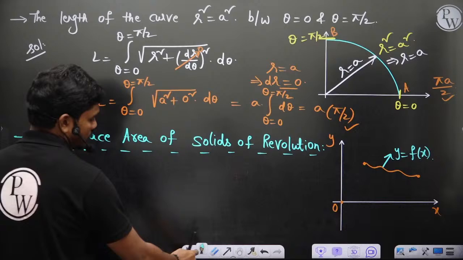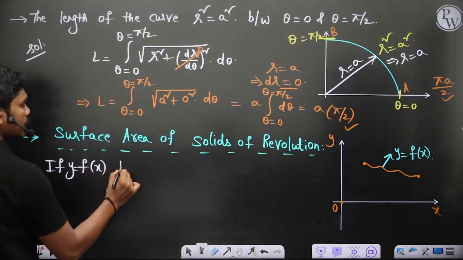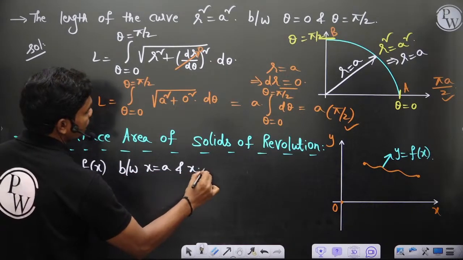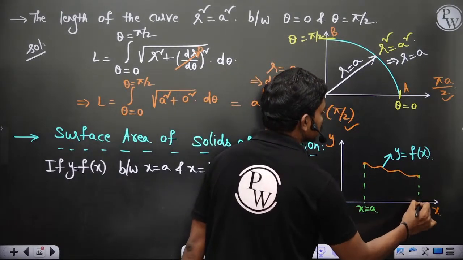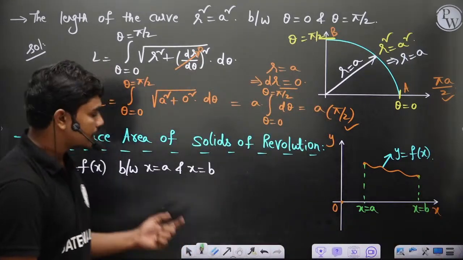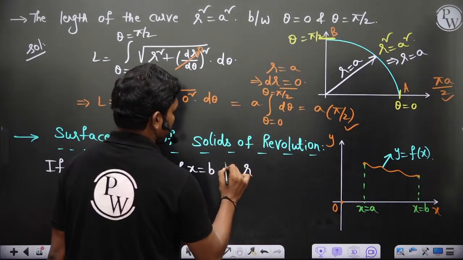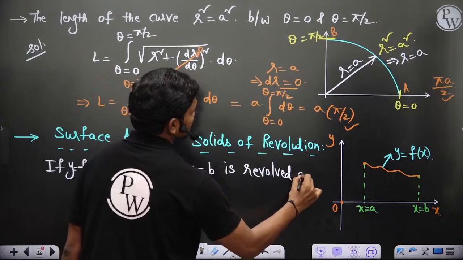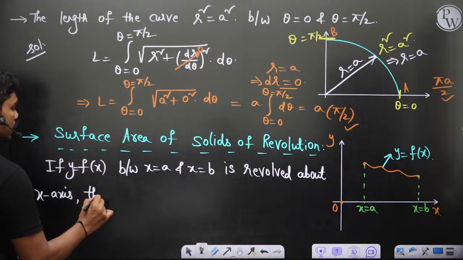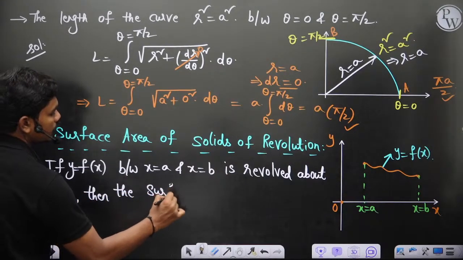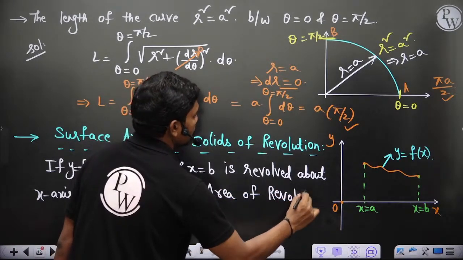Okay, so let's see, if y equal to f of x between x equal to a and x is equal to b. So let's plot this to be x is equal to a and this to be x is equal to b, of course. Okay, so if the curve between x equal to a and x equal to b is revolved about x-axis, then the surface area of revolution is